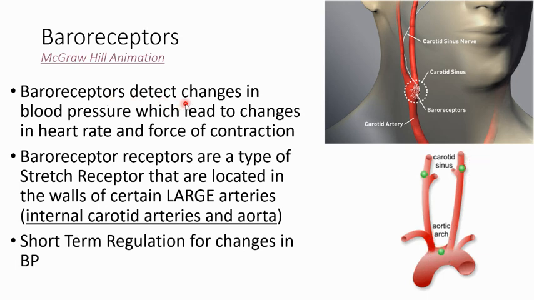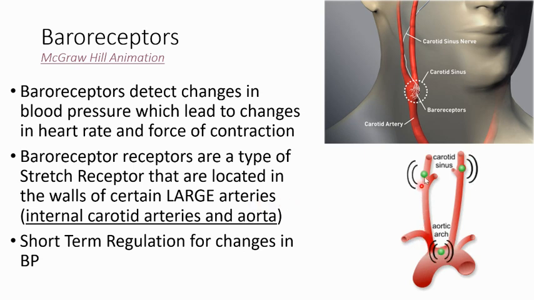So what you're seeing here, the baroreceptors detect changes in blood pressure. Baro means pressure, so it's detecting changes in blood pressure, which lead to changes in the heart rate and force of contraction. So based on the blood pressure, the heart is then going to act accordingly. Baroreceptors are a type of stretch receptor. So again, the more pressure inside that vessel is going to cause the walls of that blood vessel to stretch more. So pressure receptors, stretch receptors, are going to be in the walls of large arteries, such as